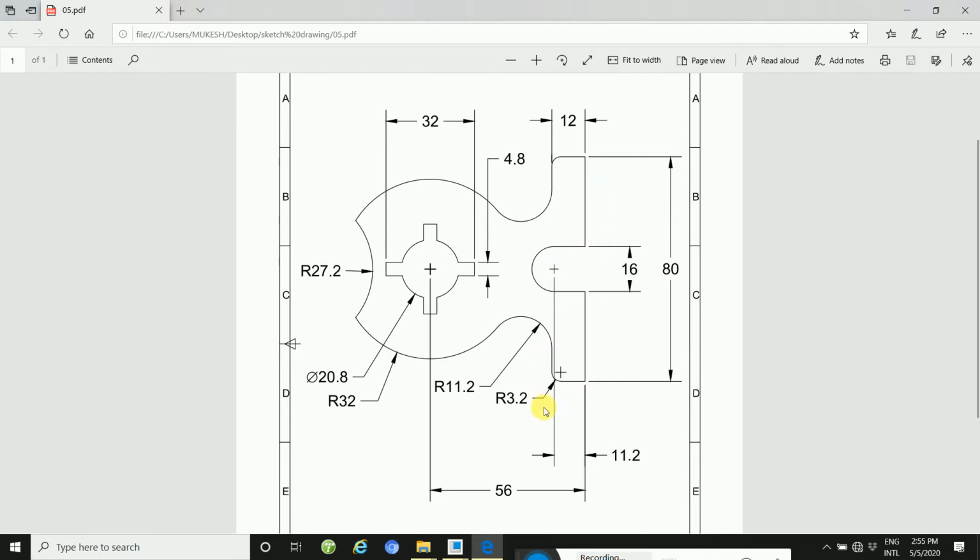And then overall circle radius is 32. And then inner circle is 22.8, radius is 27.2. This way take a screenshot, and then start.